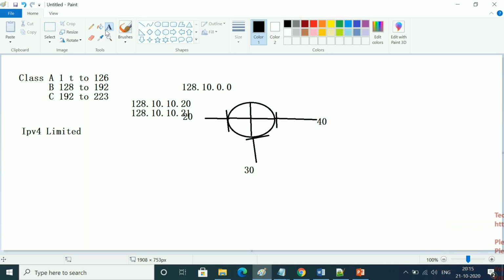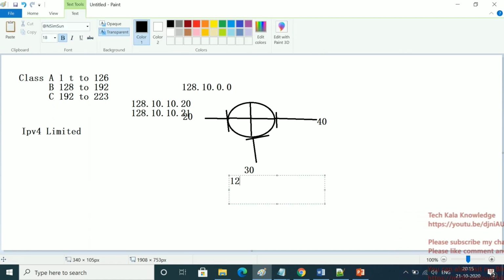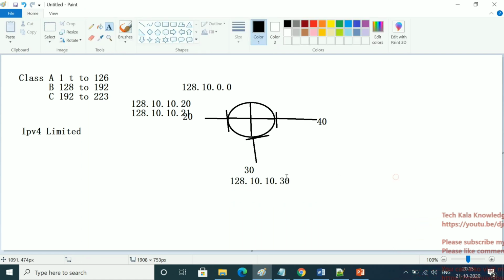If you assign an IP here like 128.10.10.30, do you think this will work? No. Why? Because in a router, every interface needs an individual network ID, then it will work.